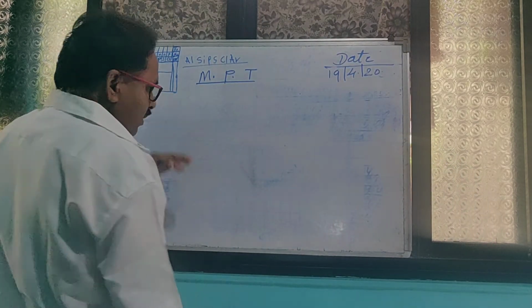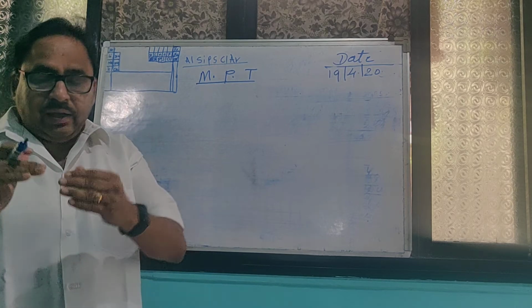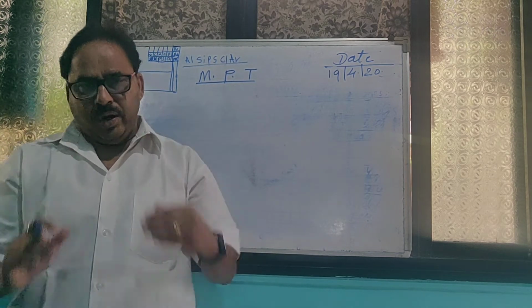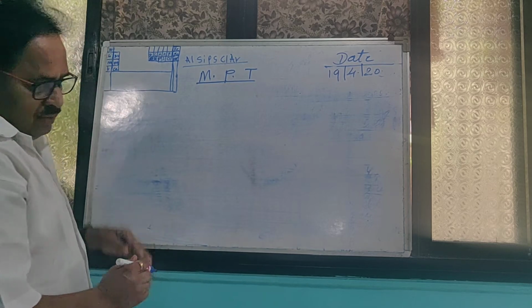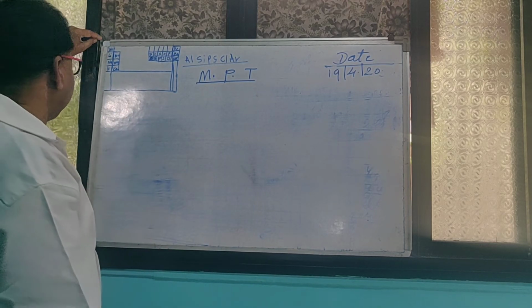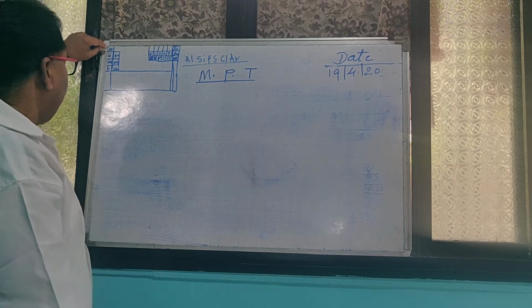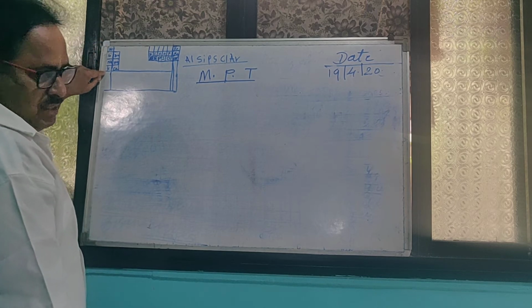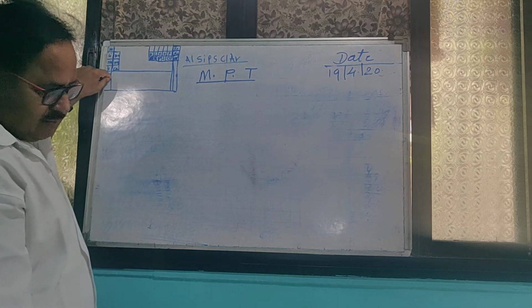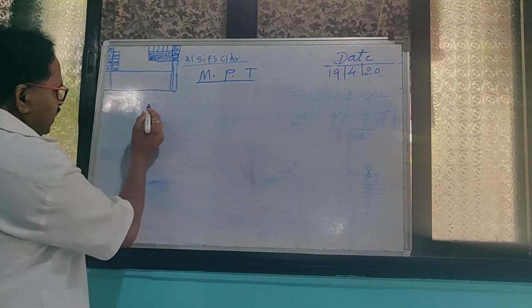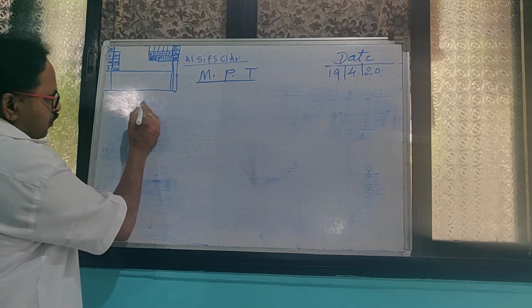For that, we will have to select the upper part of the modern periodic table, which contains 4 periods. If you select the first 4 periods,